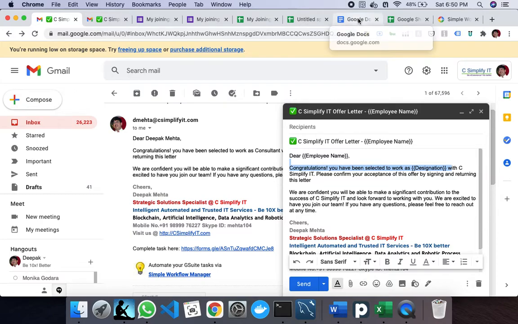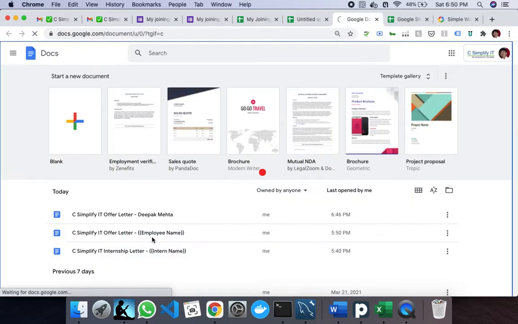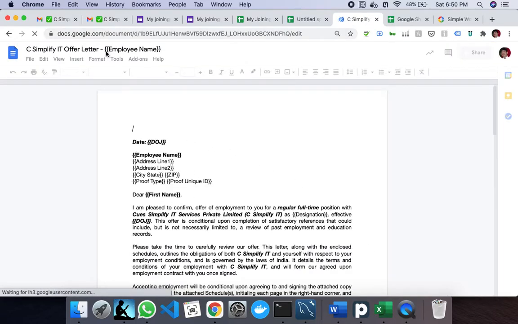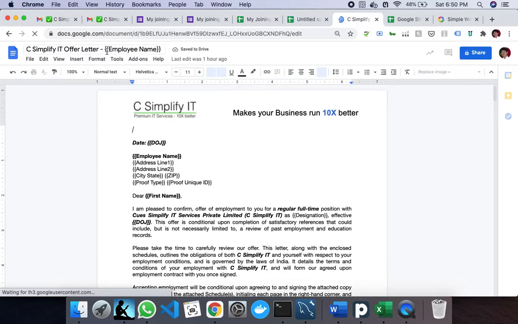And the document which we have generated is again based upon a template which we have defined, and the way to define a template is still the same. You use double curly braces and the variable names here.